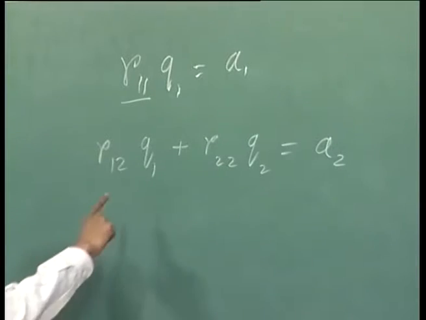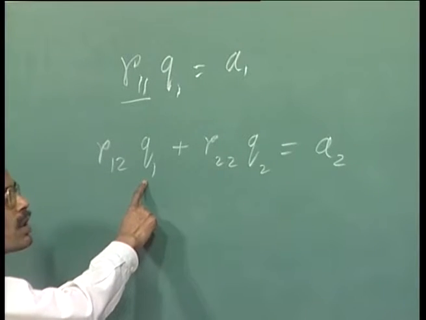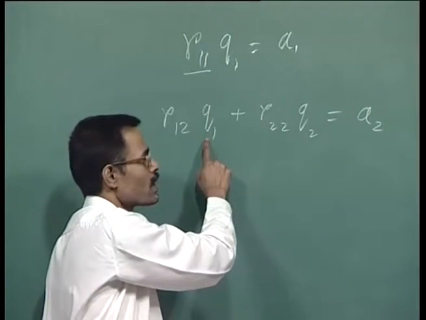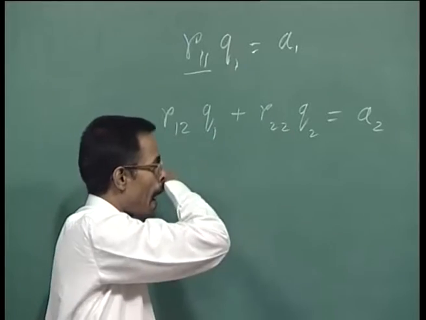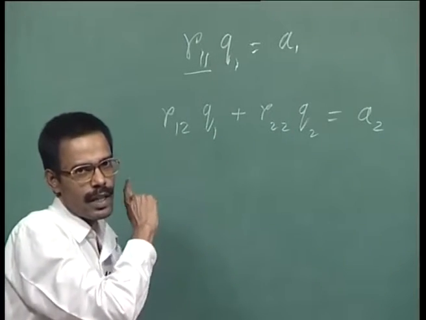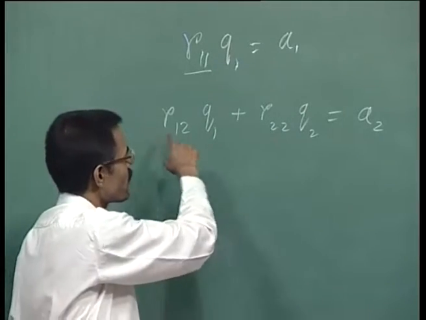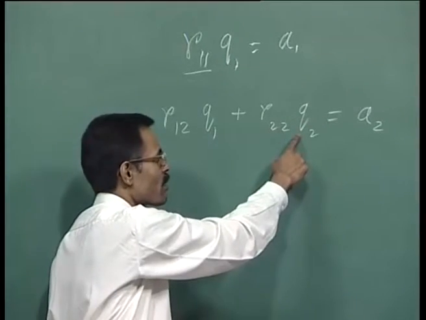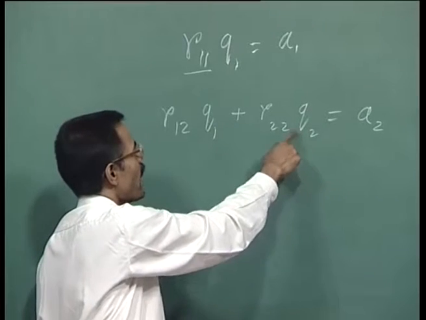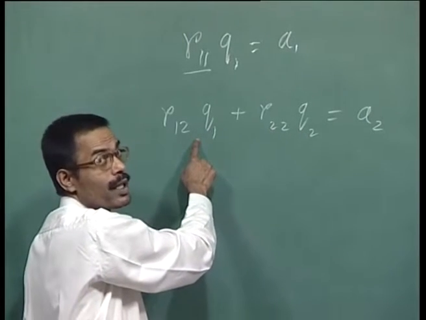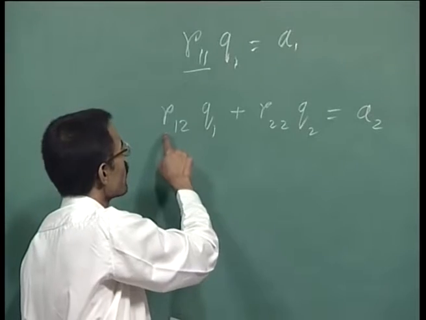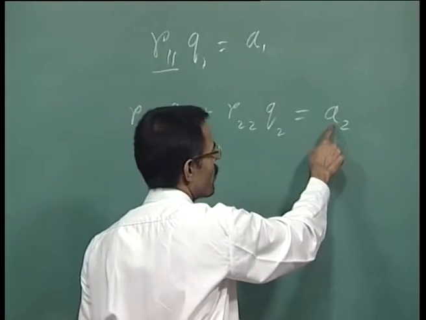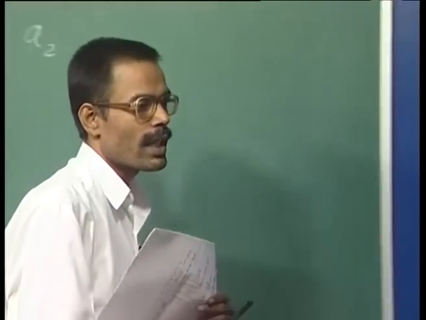Now, if you know q1 and you also know that q2 is supposed to be orthogonal to q1, then if you take inner product with q1 on both sides, that is you multiply both sides of the equation with q1 transpose, then here q1 transpose q2 will become 0, and here you will have q1 transpose q1 is 1, and then what will remain on this side is r12, and that is q1 transpose a2. That is what you find here.